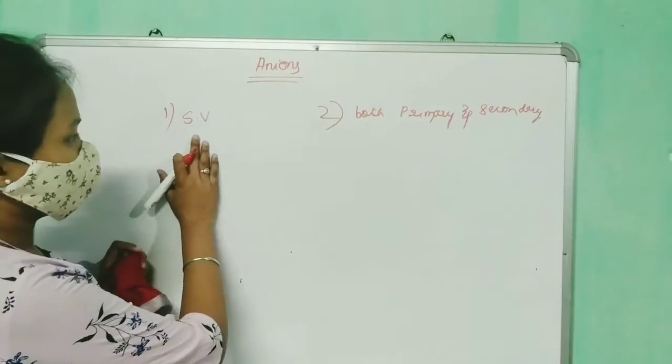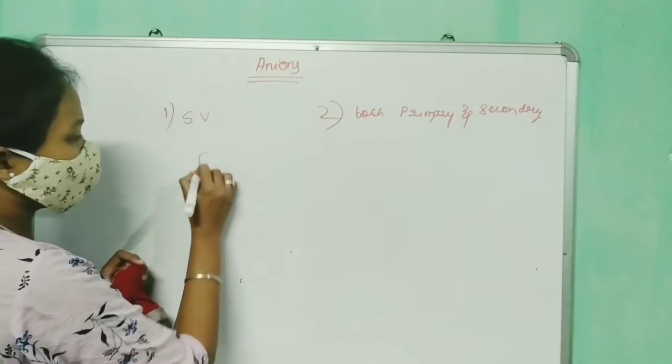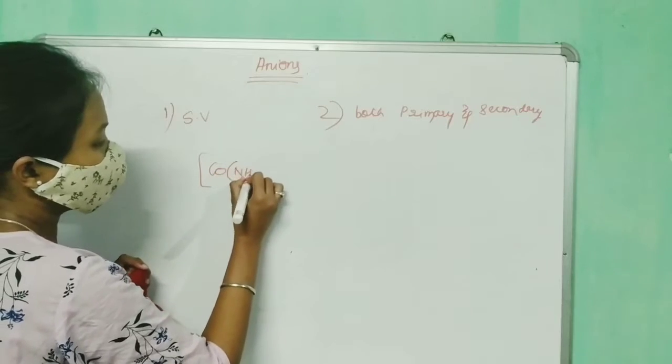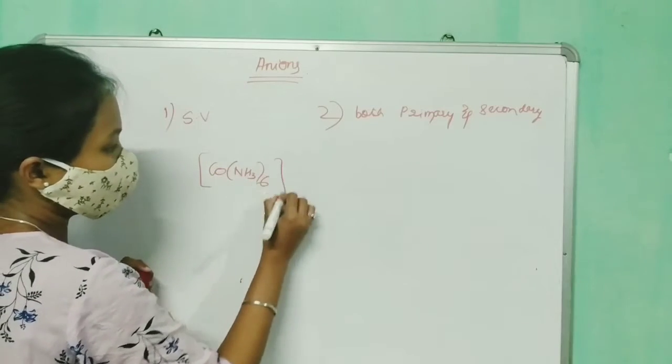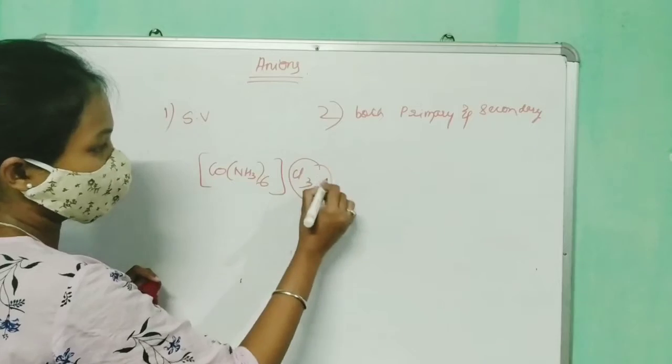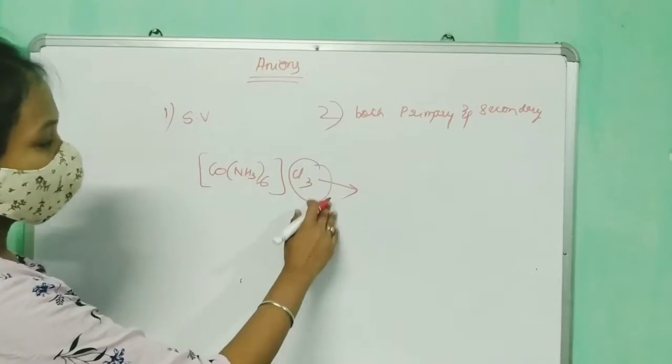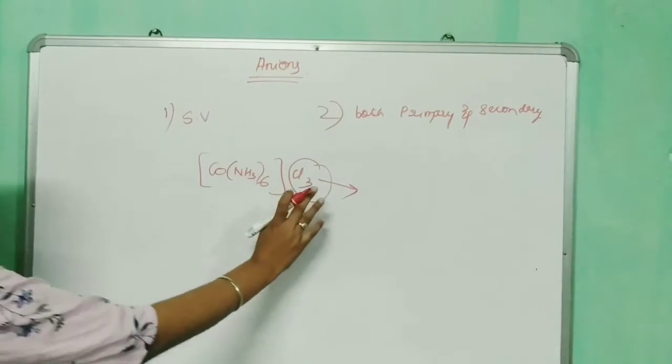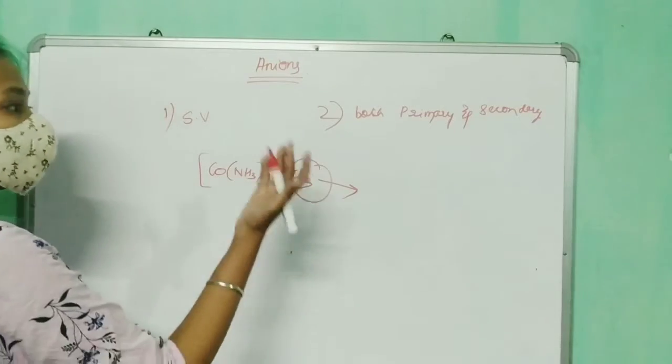So one is to satisfy the second value. Okay, so now if I take this example, Co(NH3)6Cl3, these are the anions. These are basically your secondary. These are the anions that are satisfying your